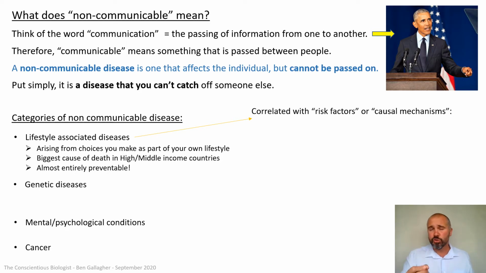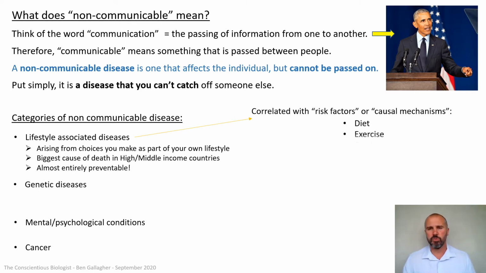If it very strongly correlates with the disease, as in if you choose to do this in your lifestyle, it almost definitely will give you the disease. There's a high correlation. People who do this get the disease. Then it's called a causal mechanism. That causes that. If doing this has a reasonable but not massive correlation to this disease, then this is a risk factor for that, but doesn't necessarily cause that. So one's a risk, one's a cause. Two key terms you need to know.